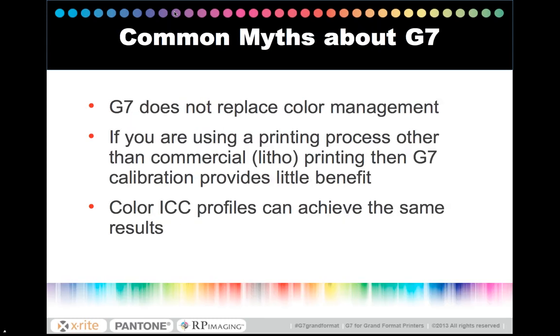So some of the myths that I run into out there is that G7 is not a substitute for color management. It never was designed for doing so. It was obviously designed for litho originally, and so people think that it's only applicable to litho. But if you think outside of the box,